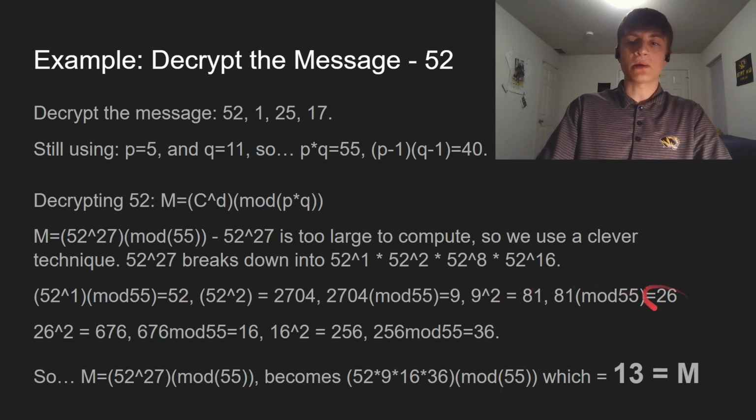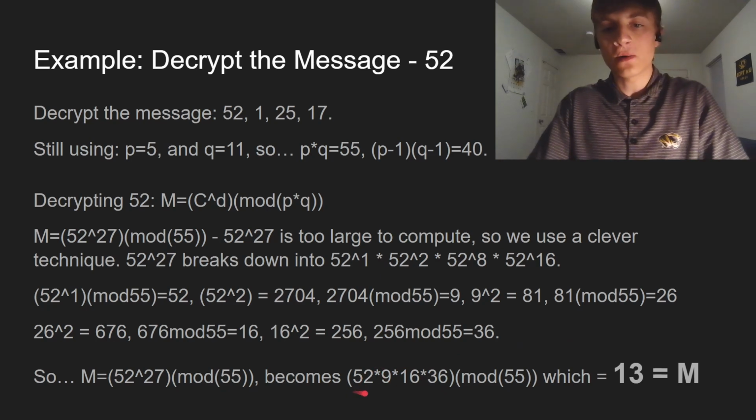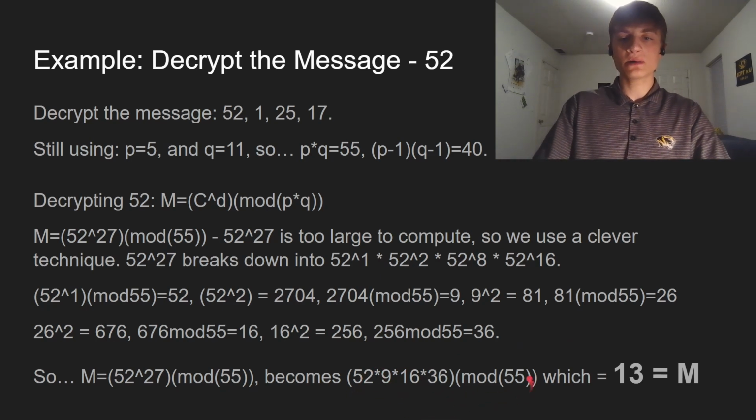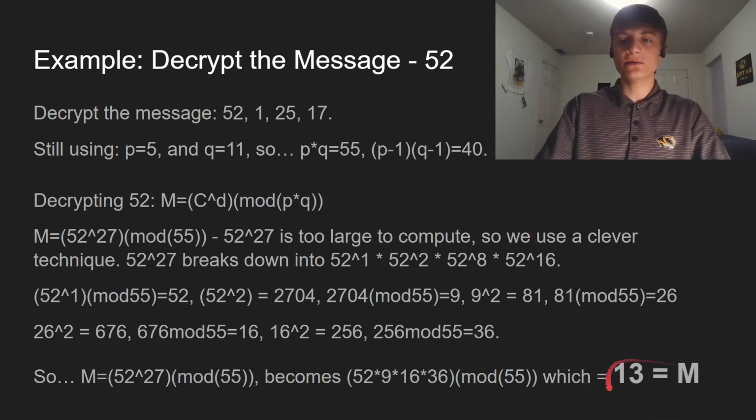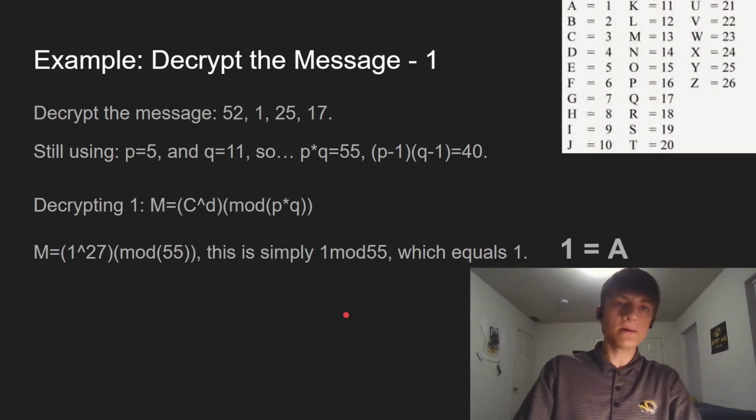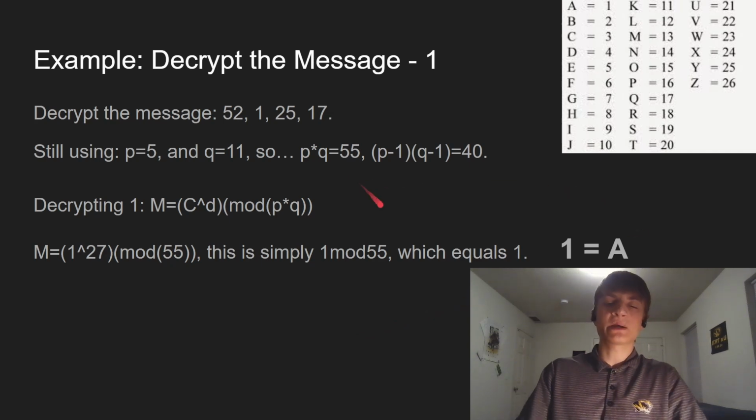And so yeah, this 81 turns into the 26, and so that's why we're not using it. Whenever you multiply this out and take that mod 55, that becomes 13. And of course 13 up here is N. So we decrypted the 52 to be 13, which using our table gives us N. So that one went well. The next one